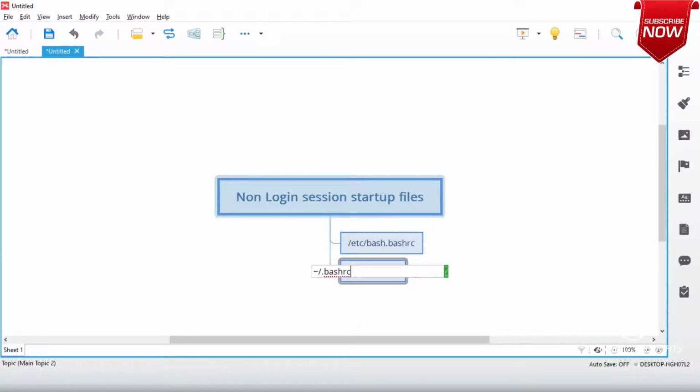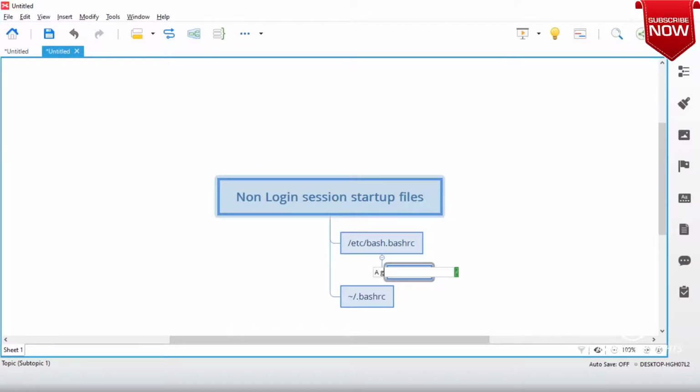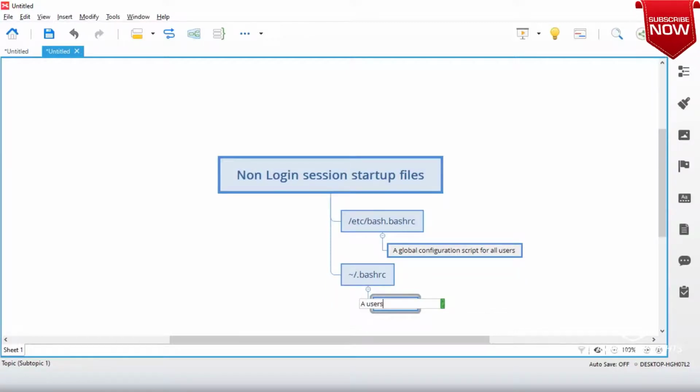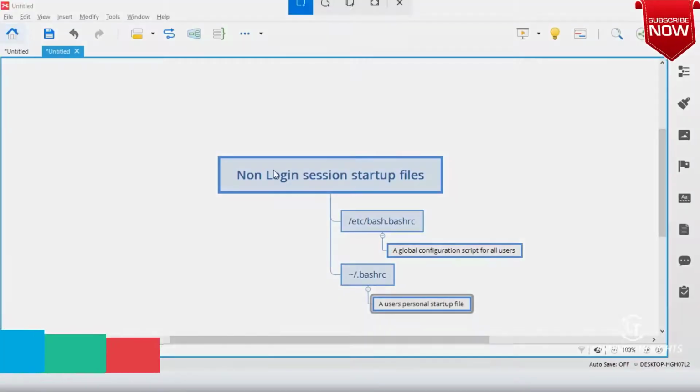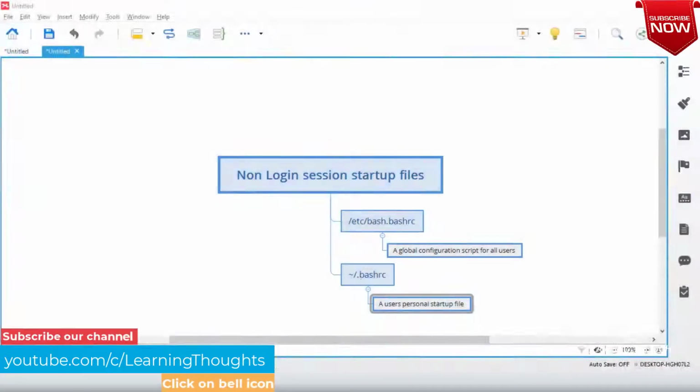This /etc/bash.bashrc is a global configuration script for all users. This .bashrc is a user's personal startup file. Am I clear on this? Login sessions and non-login sessions.